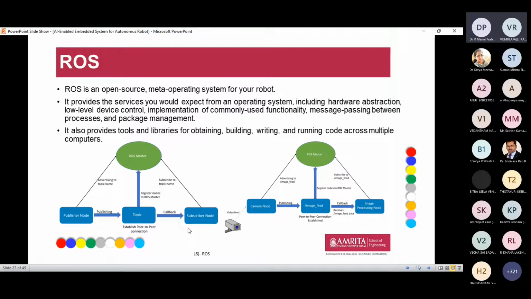So this is the outline structure of the robot. Okay, so this is how the robot performs. The message cannot be directly transmitted from one node to another node. It goes to the master first, and the master checks whether any client node is active. If the client node is active, it gives the information to the publisher node. Then the message can be passed from one node to another node through the topics.